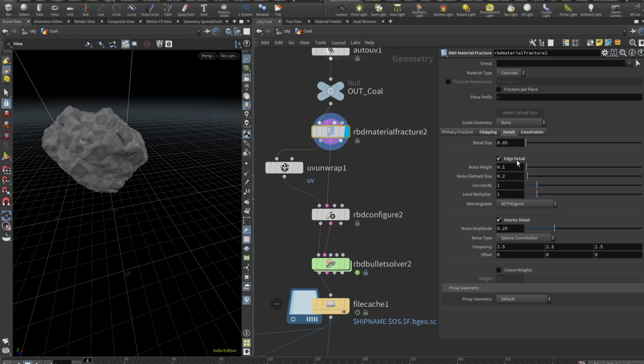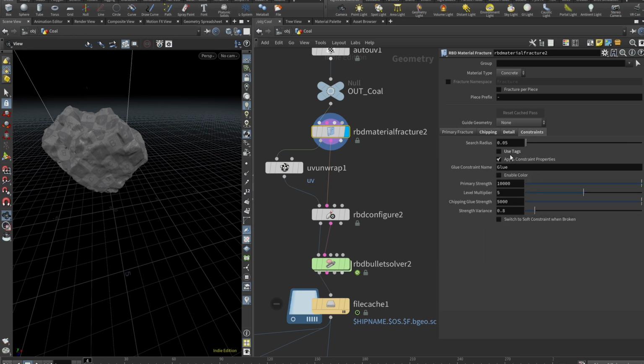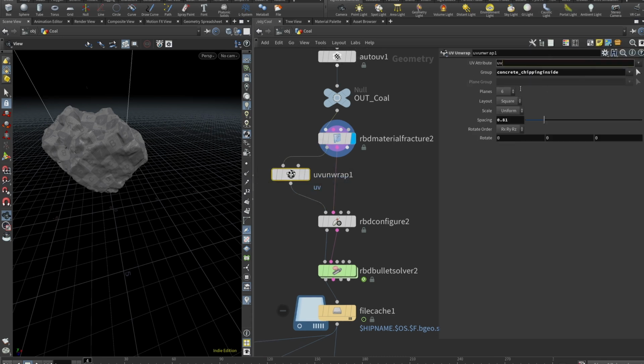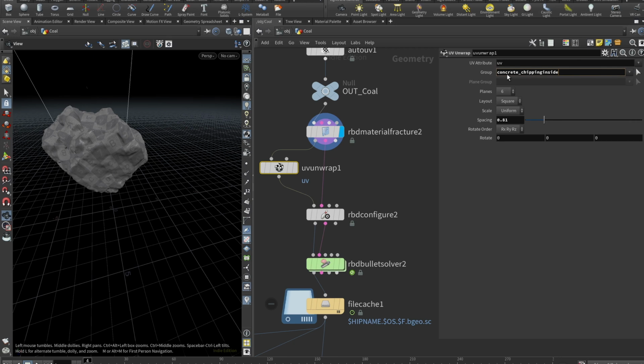In the detail, I think it's all on default here, and in the constraints I just unchecked use tags. So that's basically it. For the UV unwrap, it was crucial to unwrap the tiniest bits, those chips. If you are not using chipping, you can skip this UV unwrap here, but I really wanted to UV unwrap them to be able to assign materials and UV those materials separately for each of these pieces. So just be sure that you select the group concrete chipping inside, because I wanted just